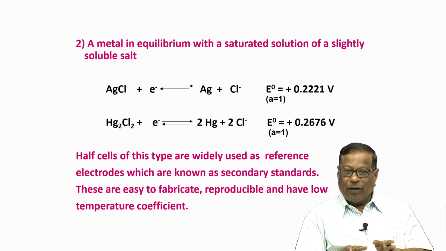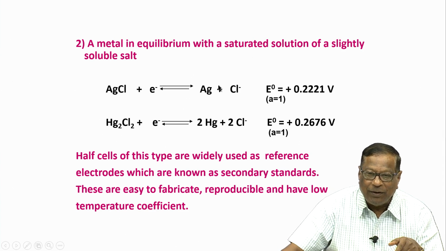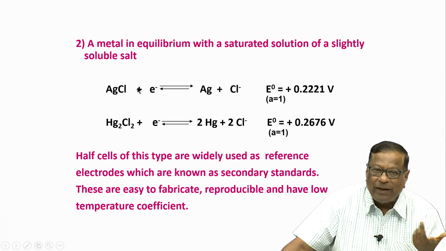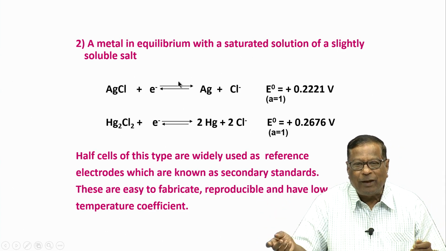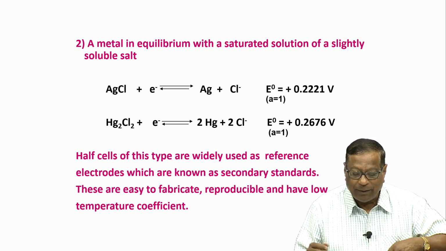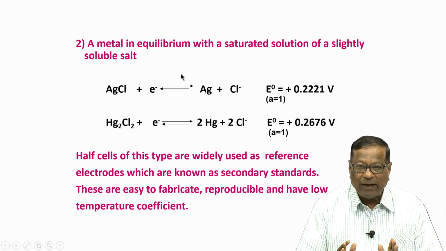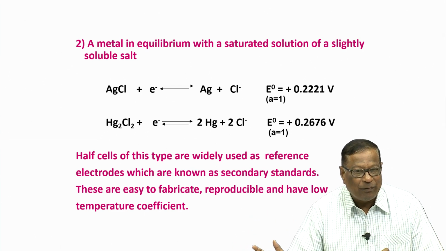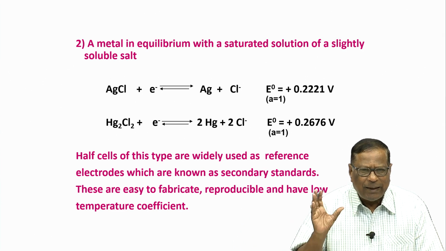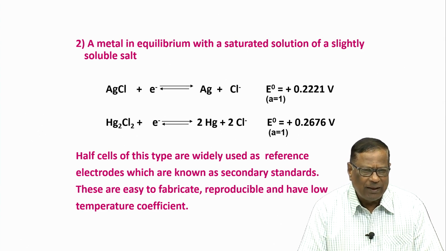So, instead of that, I can use this as a reference electrode instead of hydrogen electrode, very easy to make with respect to hydrogen. You need a gas cylinder, open it, operate it and all those things, and people are not comfortable having a standard gas electrode in the laboratory, because you need a hydrogen cylinder, anytime it may explode if people are not careful. So, it is a little tricky to have a standard hydrogen electrode. Only for very accurate work, R&D labs, research labs, yes, it can be done.